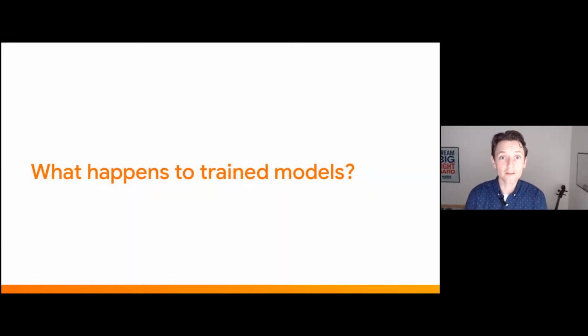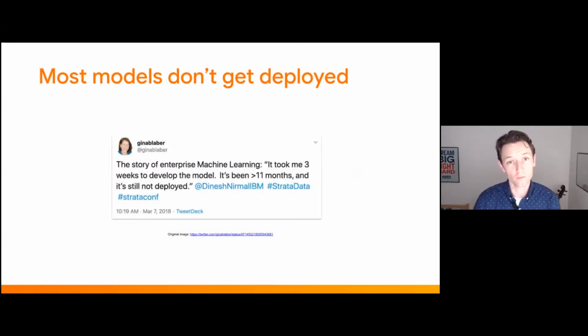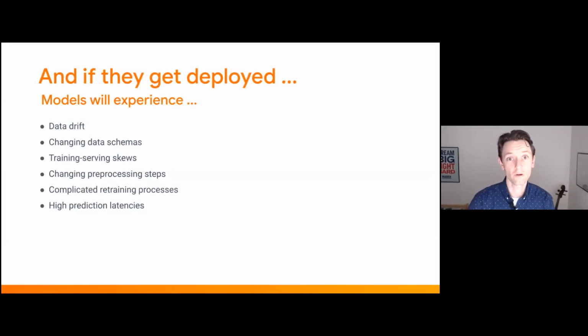So normally what happens to trained machine learning models, as I said earlier, is that we get to a point where we can solve a data science problem, but then getting that machine learning model into the real world requires another set of tools we need to connect with, and it's quite another burden. Once models are released, we see data drift, changes in the data schema, changing pre-processing steps, complicated retraining processes, and potentially high latencies when serving those models.